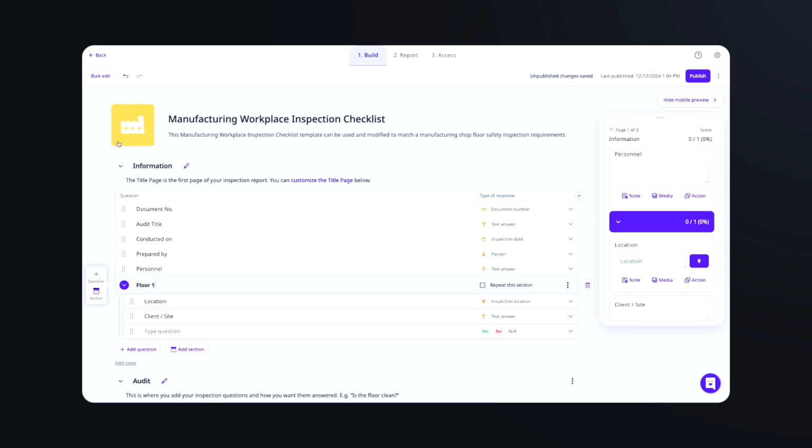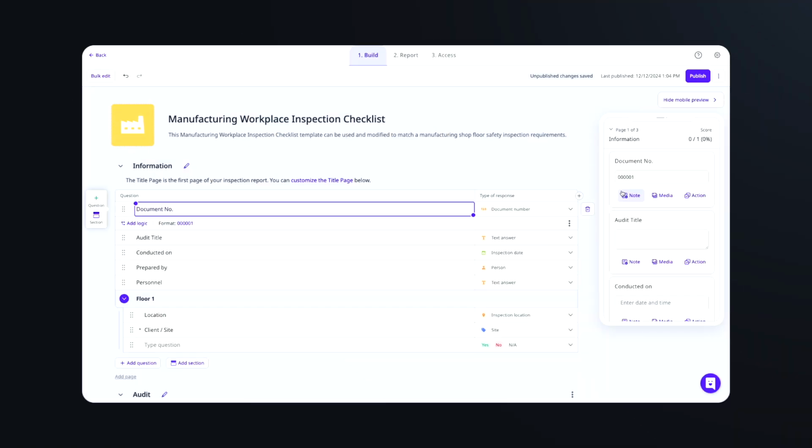It is the best way to make sure each report has a unique ID for easier sorting. Details, as we can see here, like site, date of inspection, and who conducted the inspection, are usually added here. Depending on your needs, you can also include things like we have, like location and document numbers.